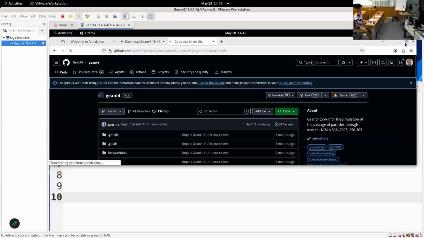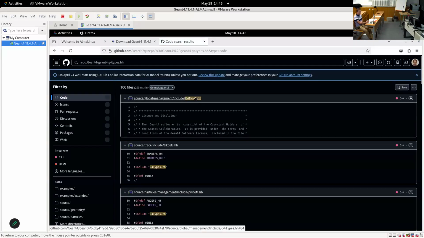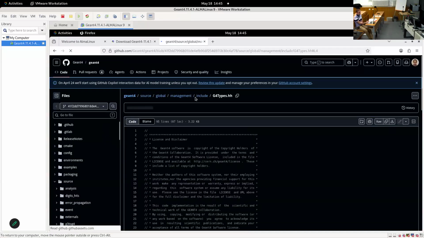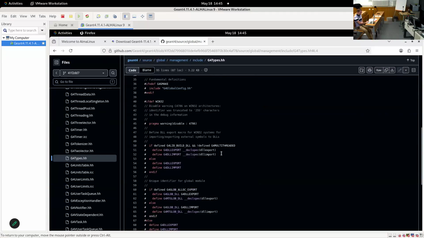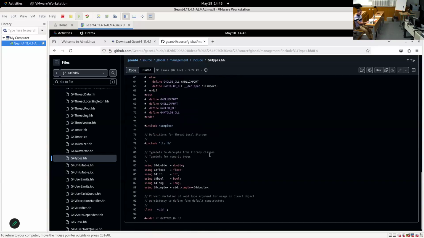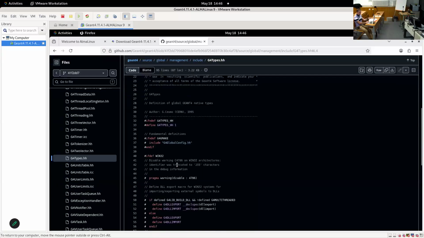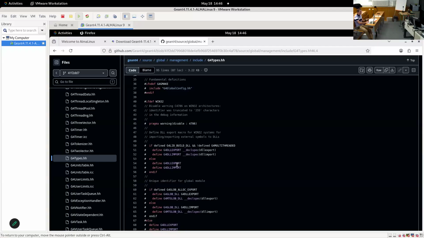and we can use GitHub as a way to navigate the code in a more user-friendly way. We will take a look at the file G4Types.hh, which is placed here. It doesn't matter, because in the installation directory, it will be in include/Geant4. And we can take a look at what it has inside. Inside this file, we only have, apart from a long comment with a disclaimer that if you use Geant4, it's under your own consideration, and Geant4 is not responsible for any misuse,